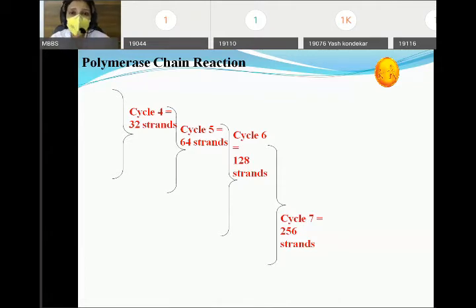So it is nothing but making Xerox copies of DNA. So from the one DNA, you are making millions of Xeroxes of DNA, and these millions of DNAs you will study for their specifications, and from that you can come towards the diagnosis of the disease or whatever is your aim of that study.